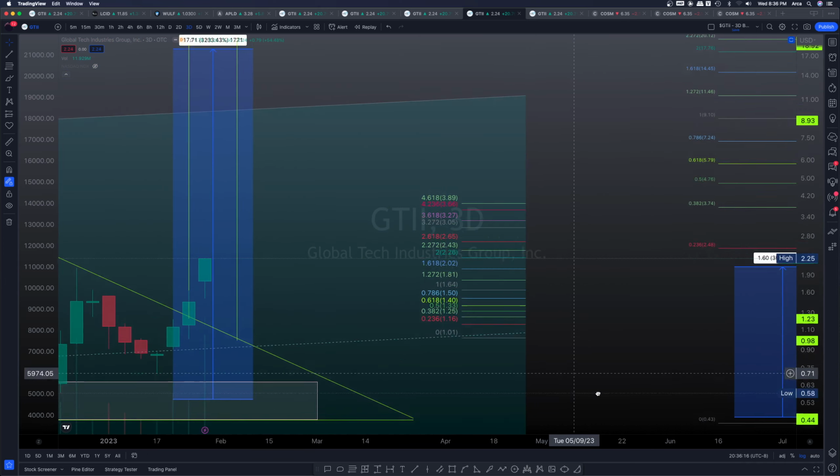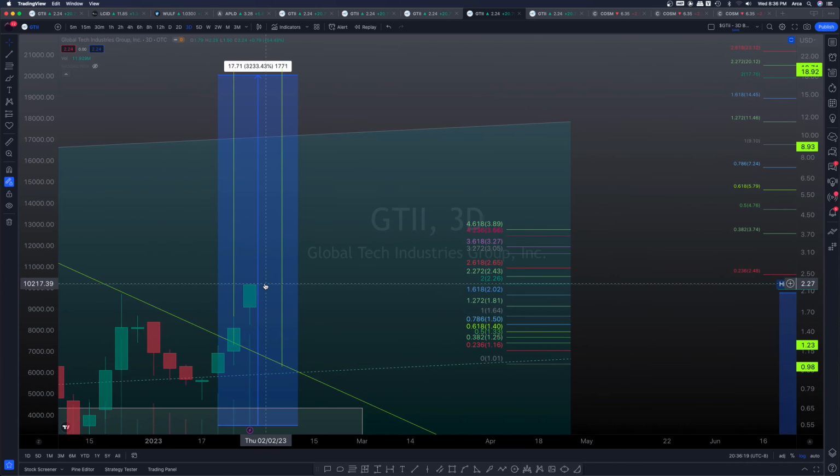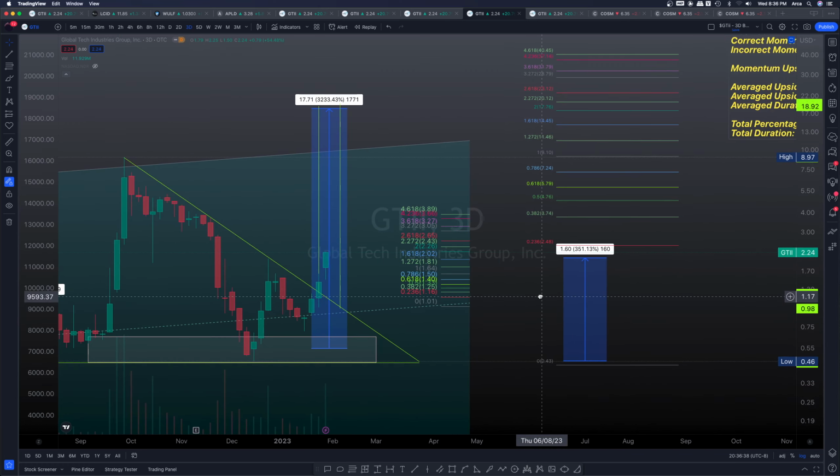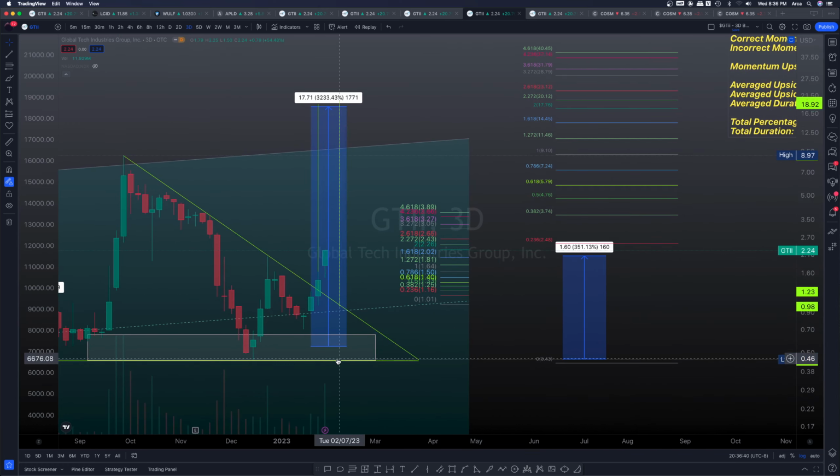Okay, yeah, so we actually broke through the 2 fib, and we have come back to the 1.618 at $2.01 in the aftermarket. Okay, so please notice that we are absolutely being held by some very important targets here. Okay, you guys, everything is still looking very good, and we are definitely up since the firing of the